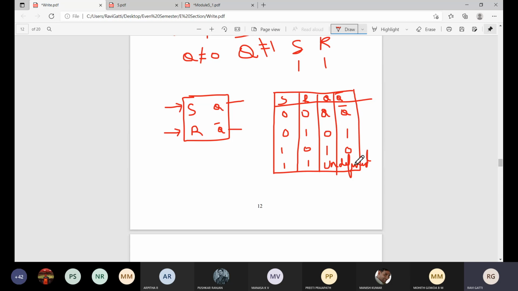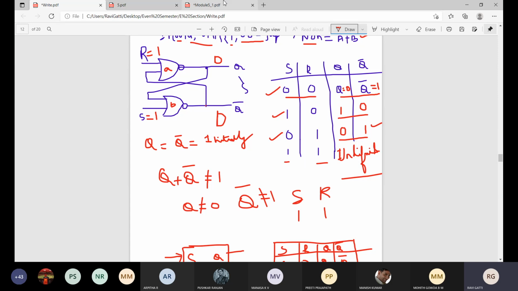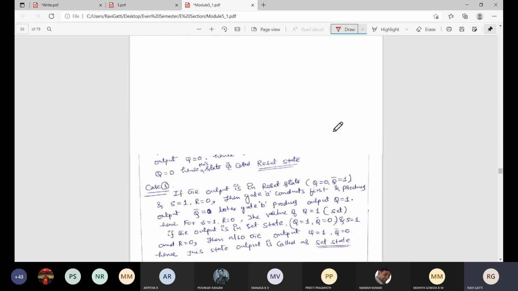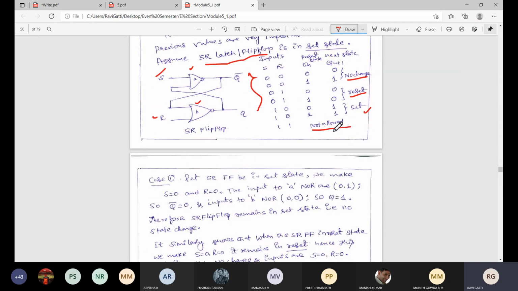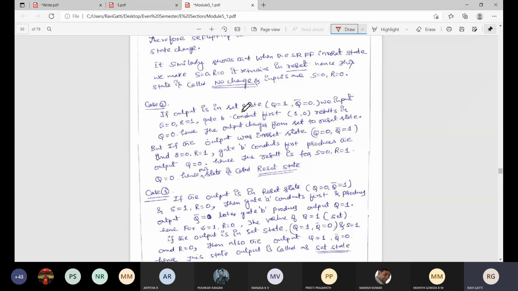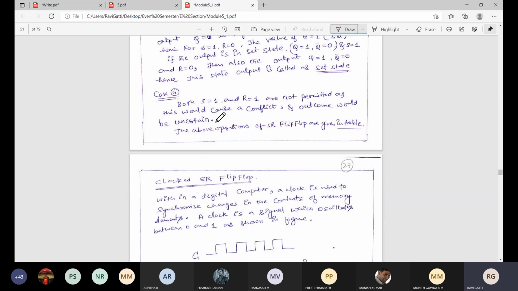So if they ask you to explain the SR latch, you are supposed to write down the NOR gate. This you should explain, and these are the cases you need to consider, and what is the output you are going to get. So that has to be explained. That is what in this PDF they have explained over here. So now you can see case one, what they have taken is when S is equal to 0, R is equal to 0. Second case, S is equal to 0, R is equal to 1, and S is equal to 1, R is equal to 0, they have taken. And the last case, they have taken S is equal to 1 and R is equal to 1. Is that clear? Did you understand this one?